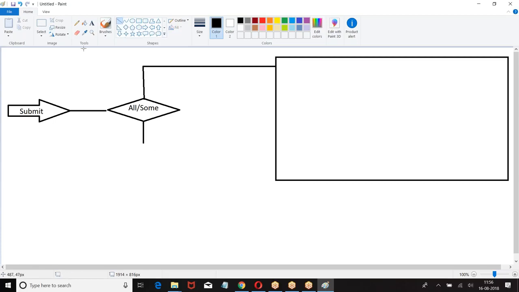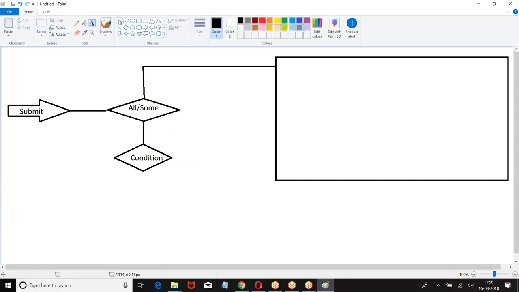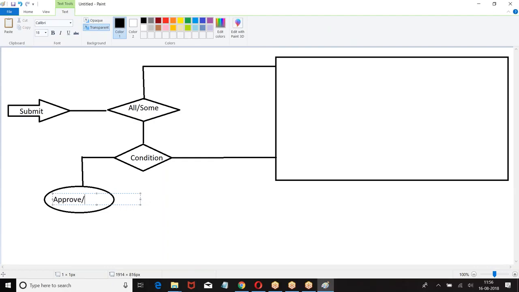Not every record, only few records. Condition. If the condition is true, enter. If condition is false, approve or reject. You can decide whether to approve or reject.